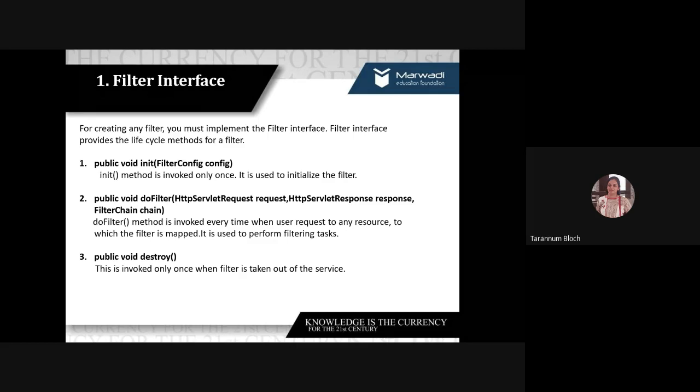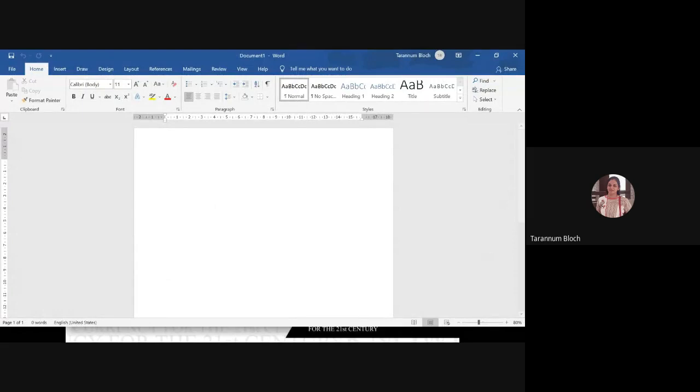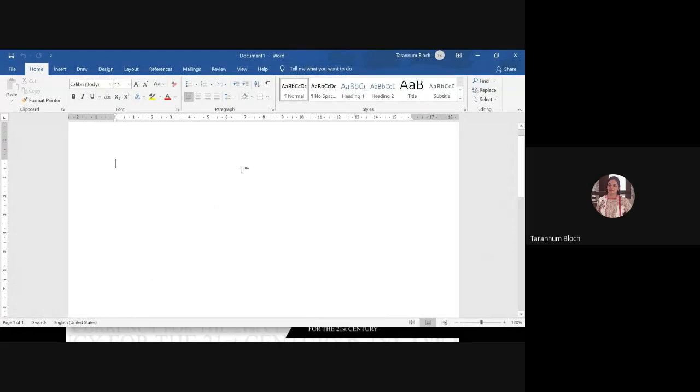Fine. So let us move today to the fresh discussion of session tracking. Today, we are going to learn what session tracking is and why it is required. As well, we are going to learn the techniques for session tracking, and we will see a demonstration of the program and discuss the advantages and disadvantages of each of these session management techniques.